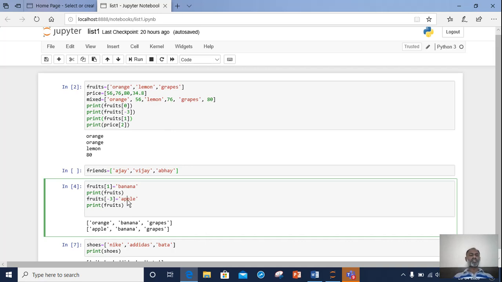The question might arise, how do we change multiple values? We will look at this problem in later chapters. For that we'll be using slicing. But for now,